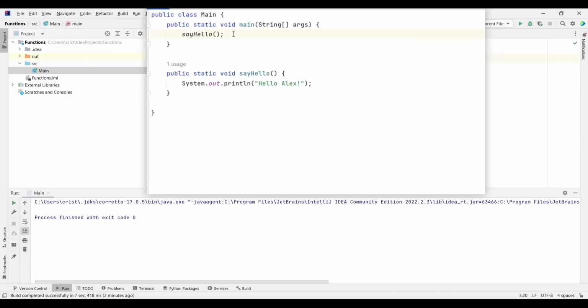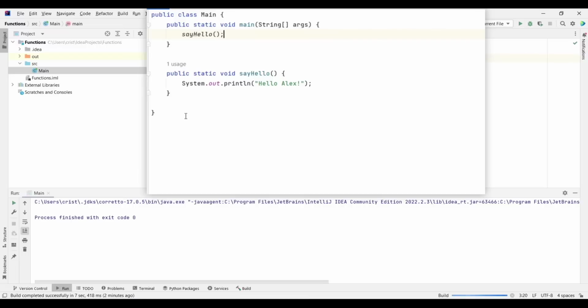Now what we're doing is calling the sayHello function inside the main function. So now when the compiler runs our code, it will execute the code inside the main function, which is to call the sayHello function that is defined here. And you also have this one usage, and what this basically means is that it's only used here. This is what I think one usage is saying.